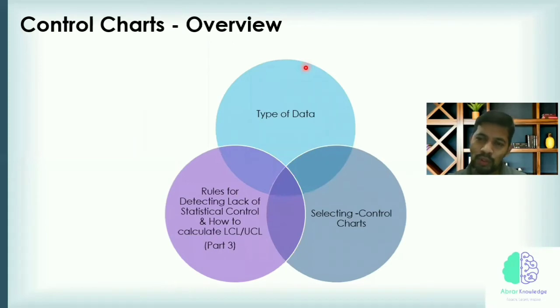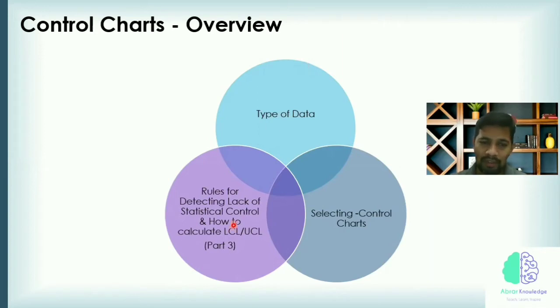The most paramount important thing of a control chart is the data. If your data is variable data, measurable data, continuous data, any word you can call it, then you will be selecting different charts like the IMR (individual moving range) chart, the X bar R chart, meaning mean, grand mean and range chart, and the X bar S chart, that is standard deviation. That is when you have continuous data. When you have discrete data or attribute data, in this video we will be talking more specifically about C, U, and NP.